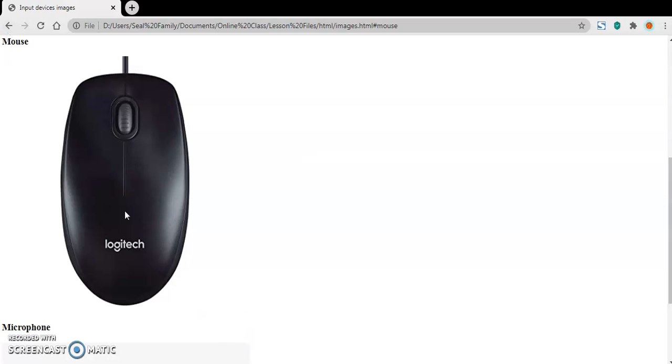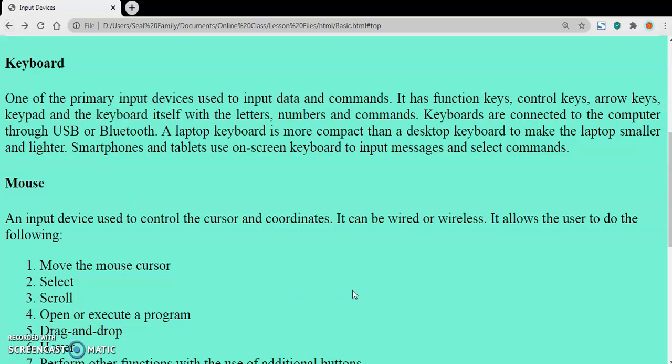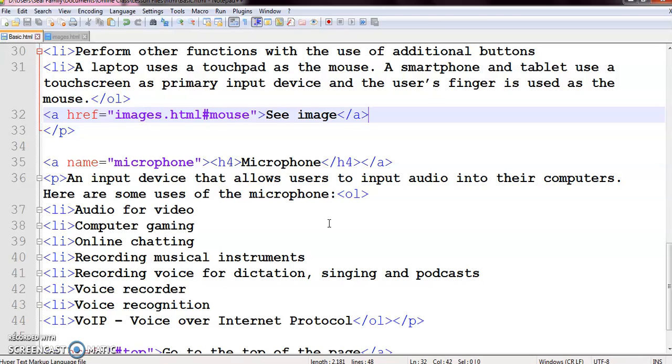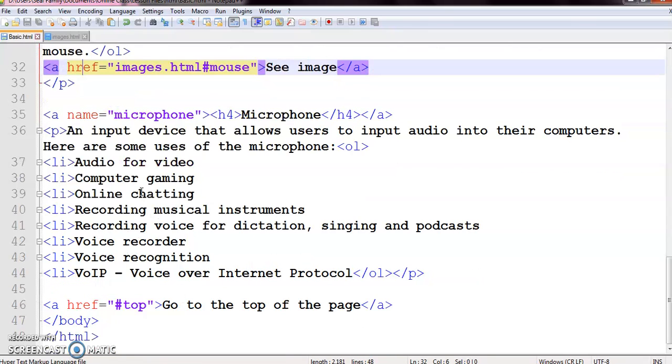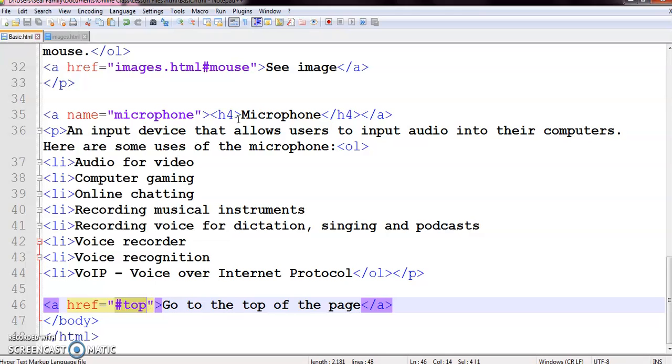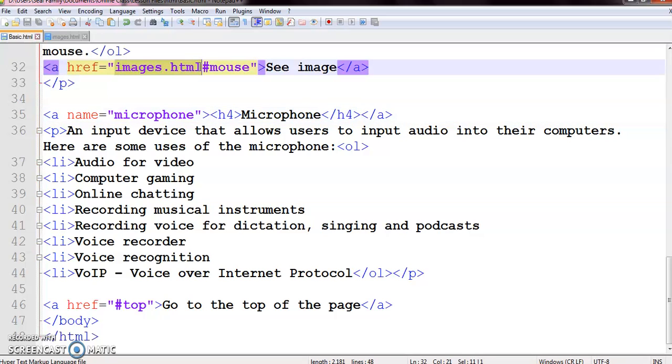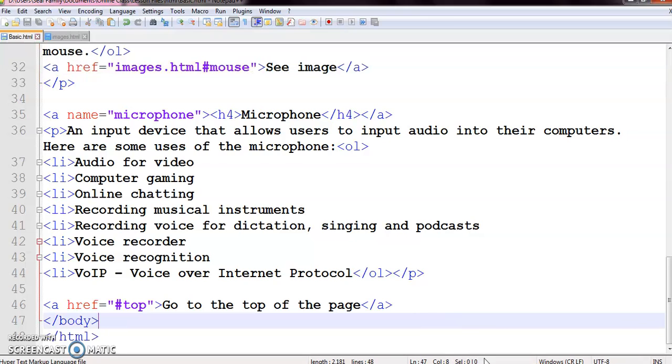So in this way we can create bookmarks between two web pages as well. This property of the href attribute is very useful. All you have to do is first create the bookmark around the section to which you are going to jump and then just provide the link. If it is in the same web page, just provide the name of the section with a hashtag, and if your section resides on another web page, then first provide the URL and then the section name. So in this way the href attribute of the anchor tag is used to create bookmarks.